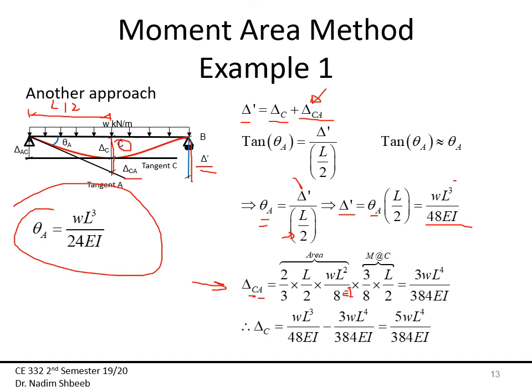Thus, delta C now is going to be delta prime minus delta CA, which is WL cubed over 48 EI minus 3WL to the 4th over 384 EI, and now that will be as previously found, which is the same answer. But this is a little bit longer, but here I just wanted to show you how we can use theta. Here the big thing was, since I'm talking about the maximum displacement, then I can assume